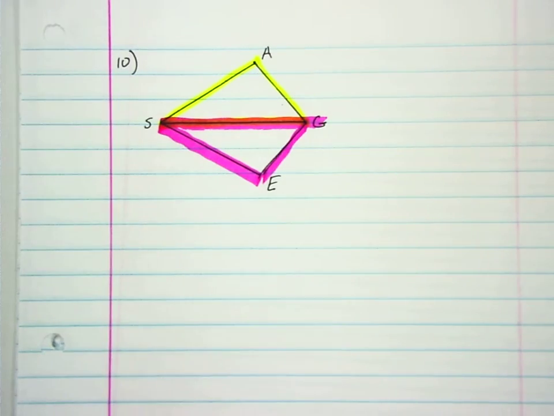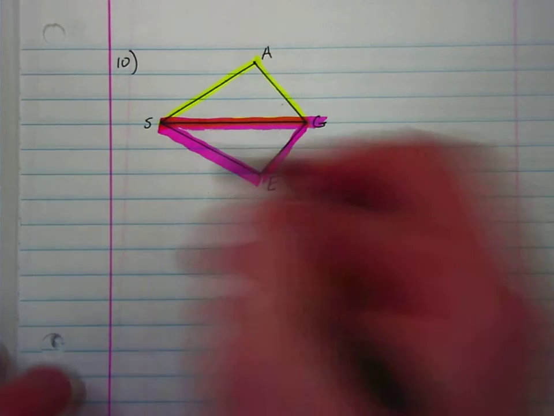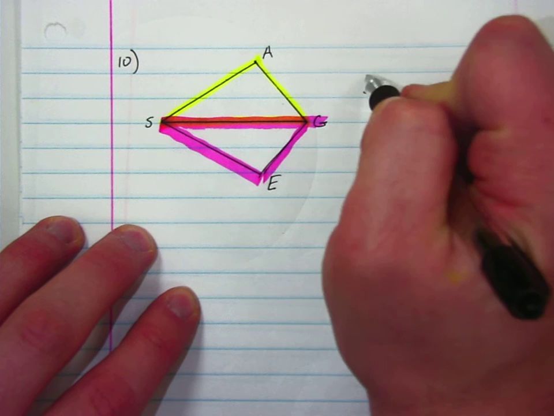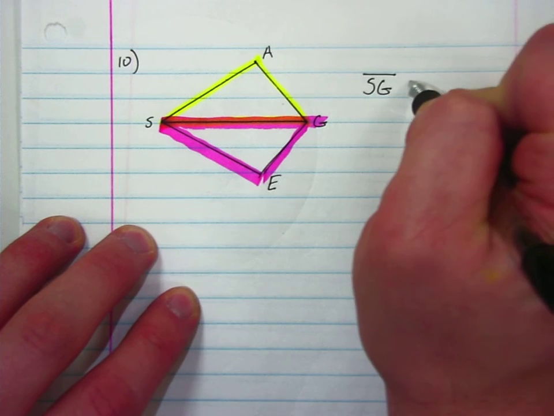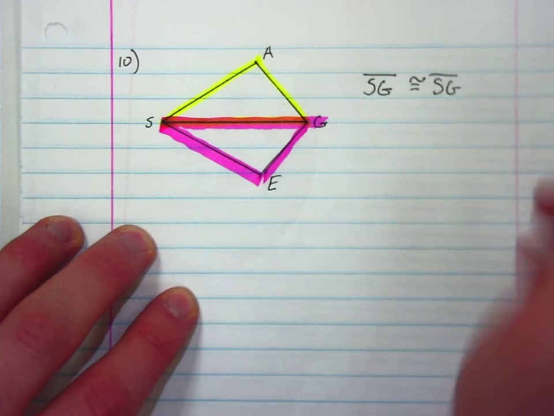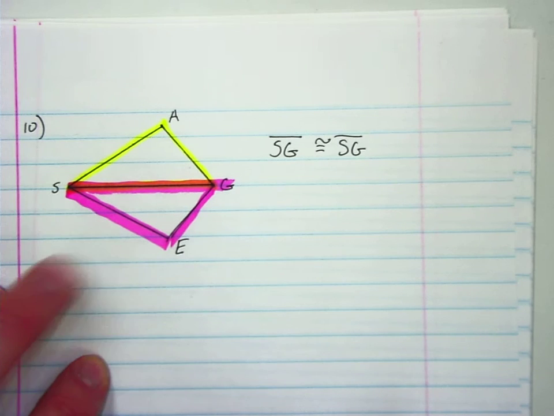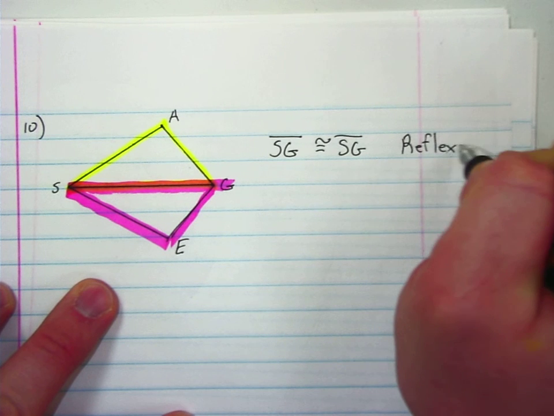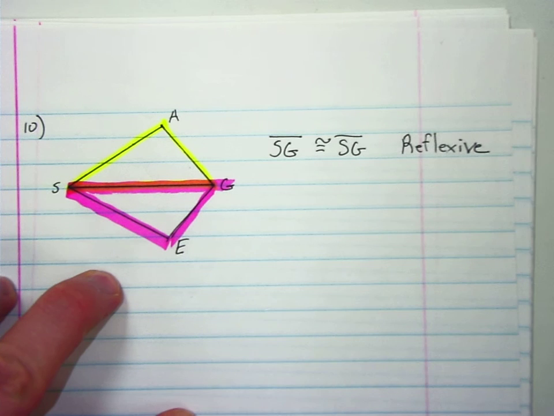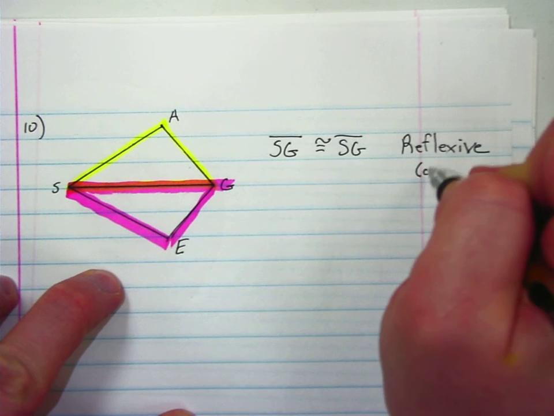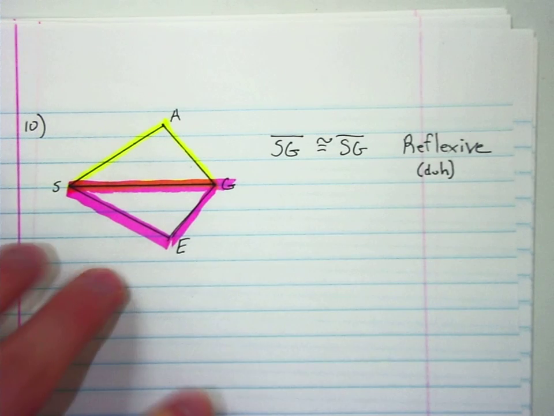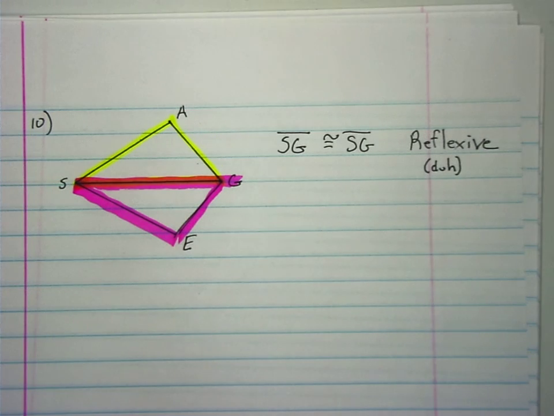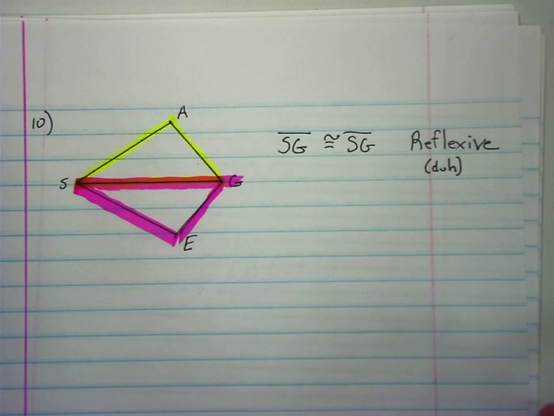Notice how that changed colors to orange. That's a big old hint that we have SG on the upper triangle is congruent to SG on the lower triangle because it's the same thing. And you could write reflexive property of equality, but if you write reflexive, I am perfectly happy. Dog gives you half credit. Now we have mostly seen this so far, we have only seen this so far